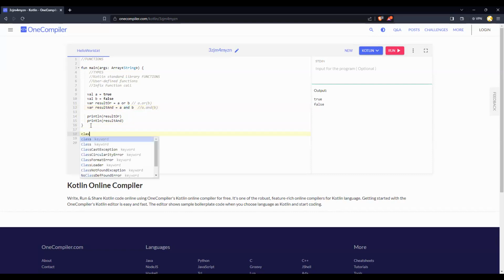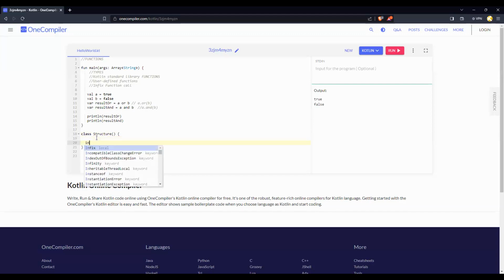Okay, so I'm going to create a class. Don't worry, just follow me. It's actually a very common example. And don't worry, we'll talk about classes next week. We'll get into classes. I'm going to see how to finish this today. So I want to create a member function, and I'm going to say infix, which is the keyword, in small letters. Infix fun